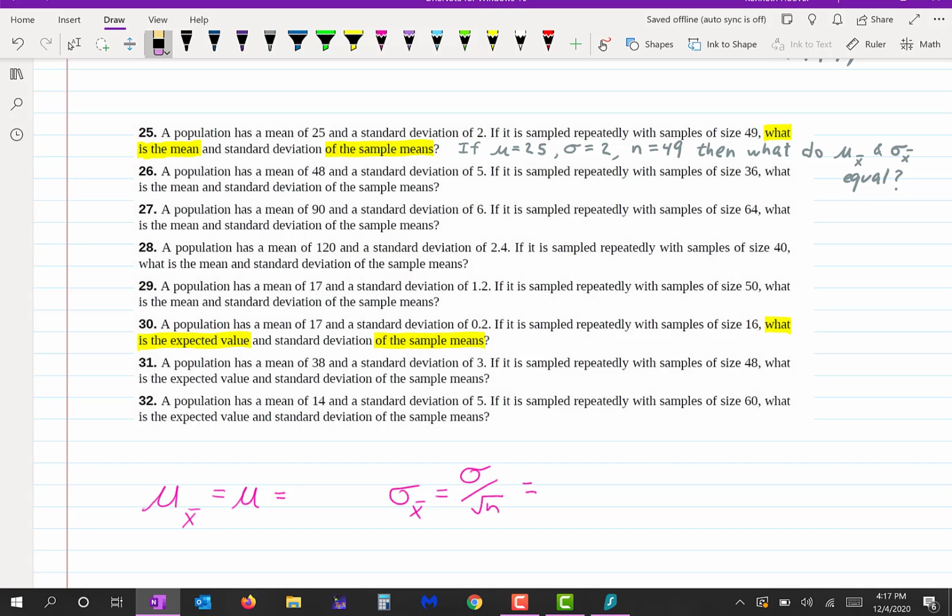Here's mu. The population has a mean of 17, that's mu. Has a standard deviation of 0.2, that's sigma. Our sample size is 16, that's n. So what is mu x bar? It's 17. And what is sigma x bar? It's 0.2 divided by the square root of 16,